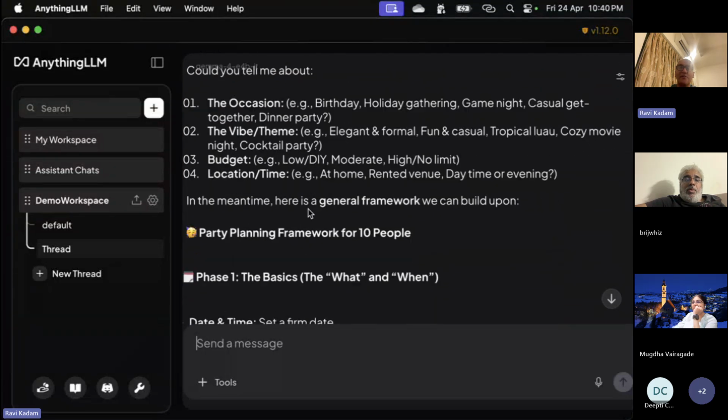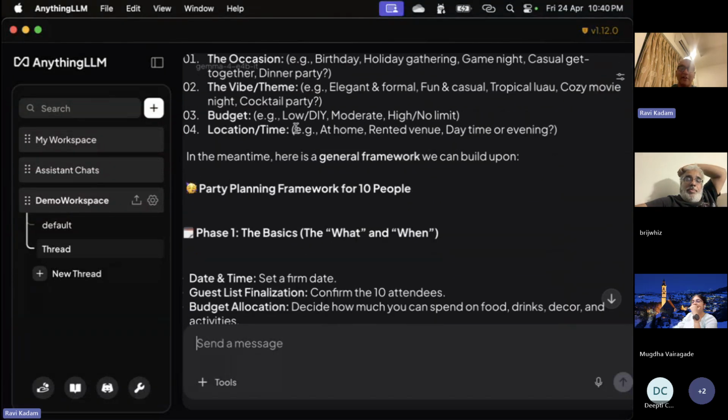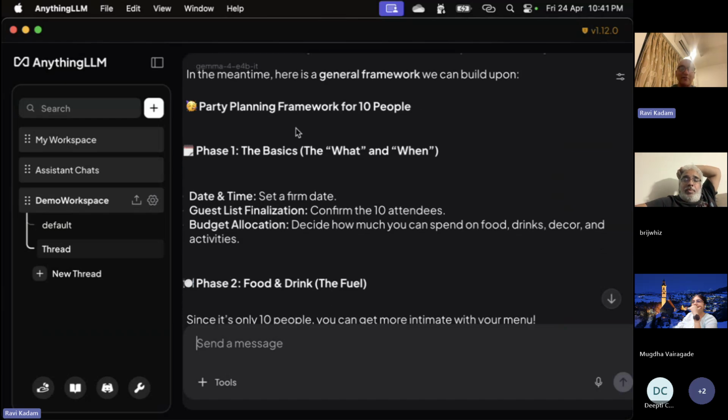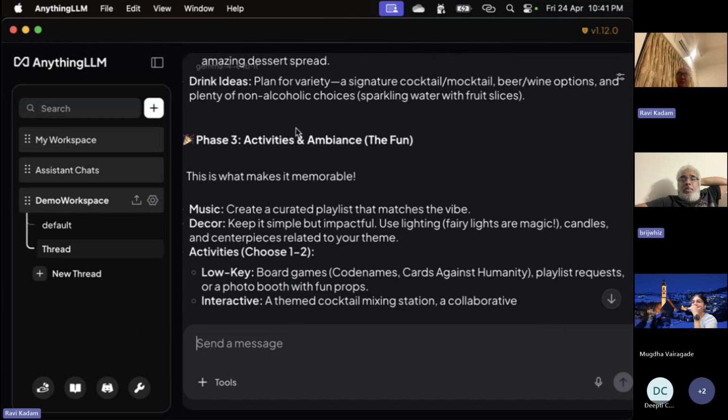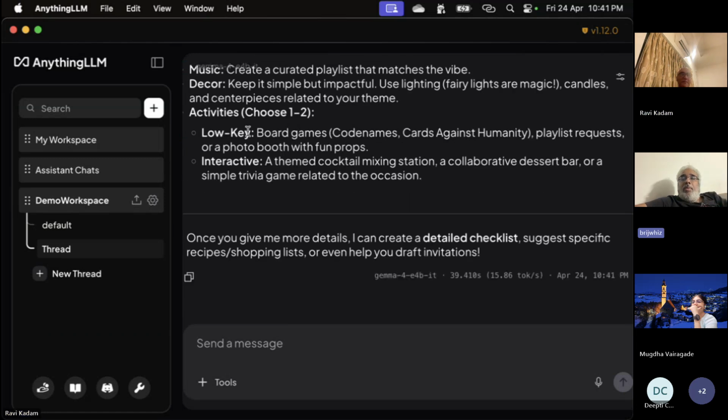I need a little more information. The occasion, party planning framework for 10 people. This is doing a little bit more thinking and giving the answer. But what I like about this is it brings certain agentic characteristics to the table. For example,